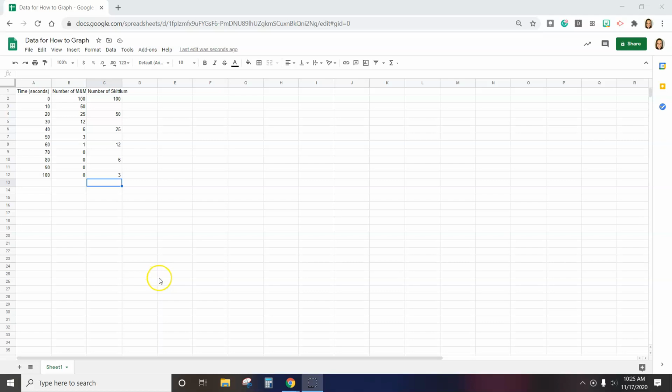We're going to be using Google Sheets to graph data, and I want to walk you through how to set up your table and how to make sure that you are graphing the correct kind of graph that you want to do, and including all of the labels you need so that you are scoring a 3 or a 4 on graphing. On here I have set up my data so that my independent variable, which is time, is in